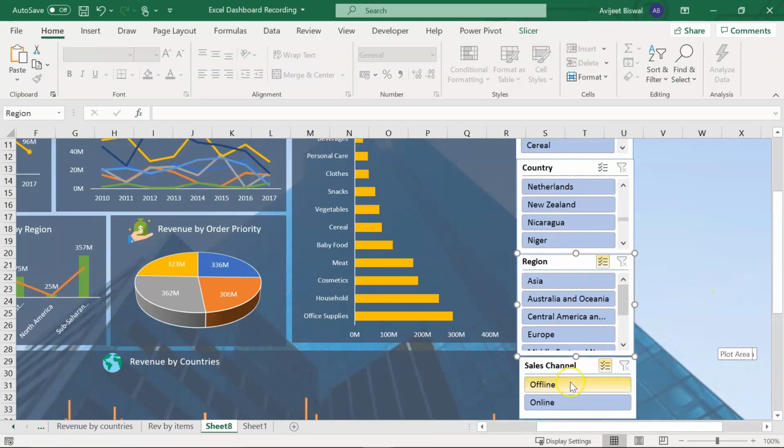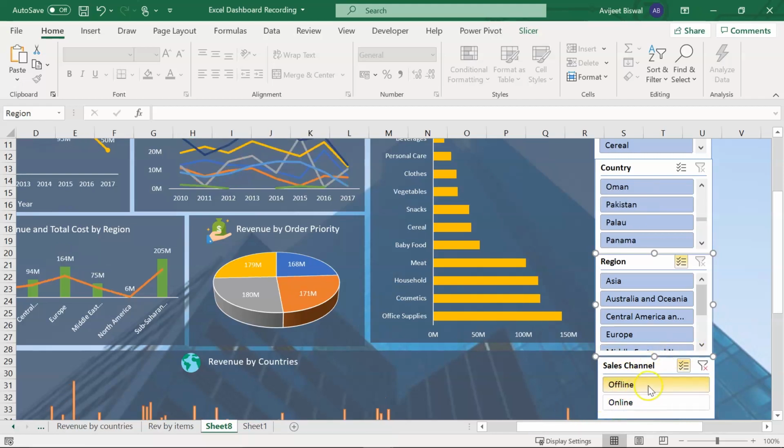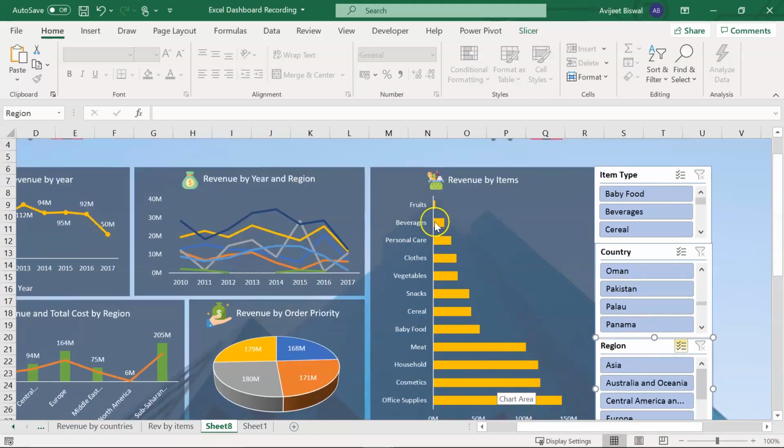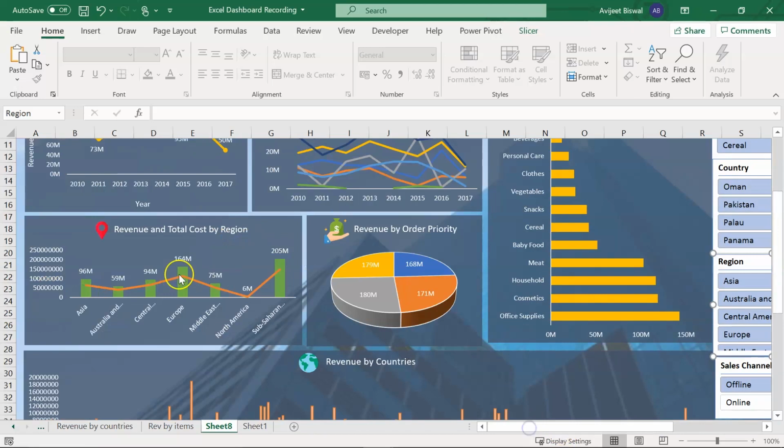Let's say you want to know the revenue generated based on sales channel. So we have two sales channel, that is offline and online. Suppose you want to know the revenue generated offline, so I'll just select offline. You can see the values have changed. So these were the revenues generated for each of the items only for offline. If you see here, now these were all the offline sales for the different regions.